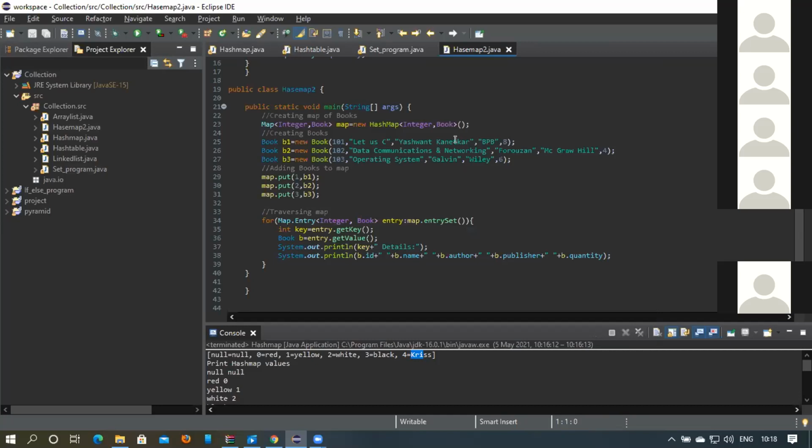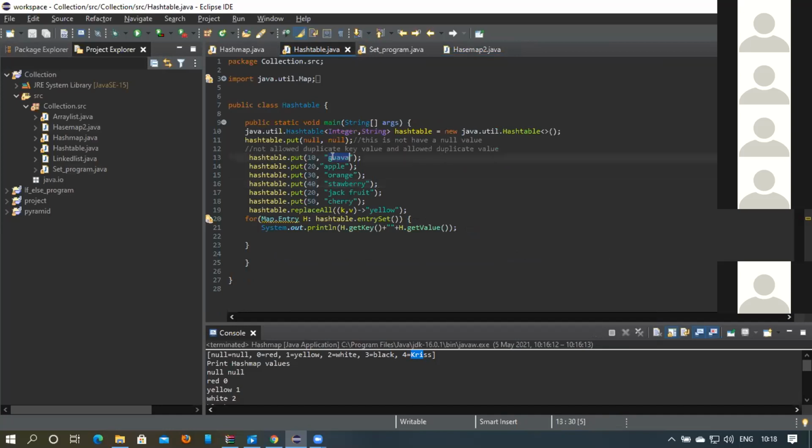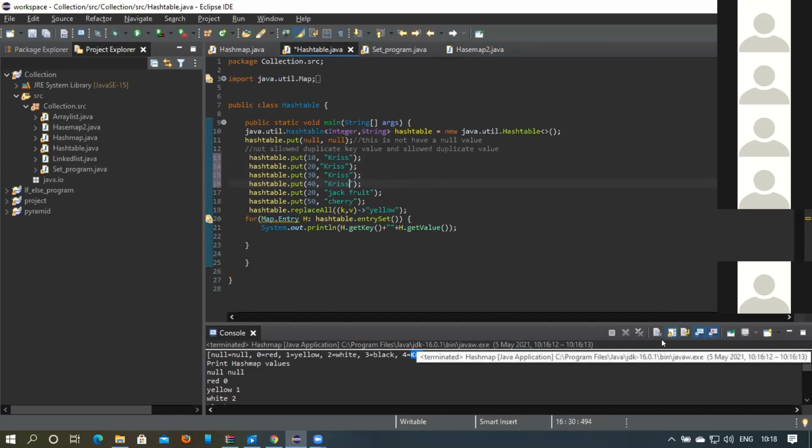You can have the values the same. Wherever you have it, you can keep all the values the same, even if they are duplicate, it doesn't matter. But it will not store duplicate keys. So even null, it will take only once, because if you give null a second time, it will be taken as a duplicate. That is the thing in the hash map. It will not allow duplicate keys. That is the basic concept of this.